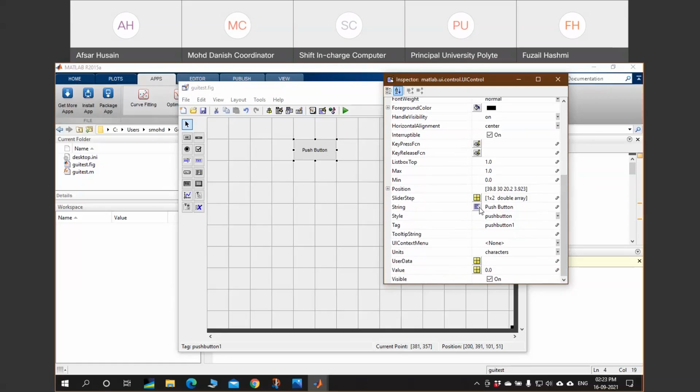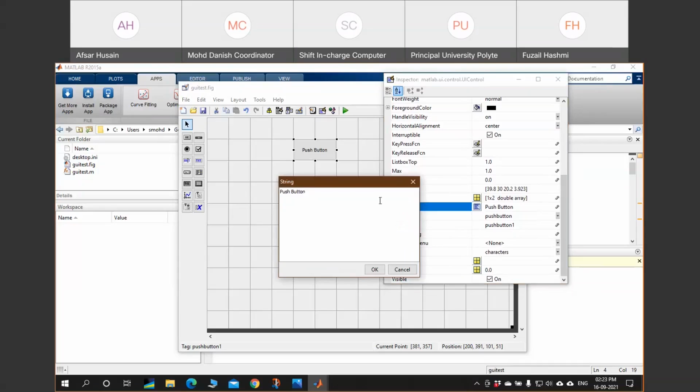Or you want to create a button to navigate to the next page of your software. So you can write next, or you can provide a back button, or a plot figure button. Whatever will be the function, you just have to name your button over here.